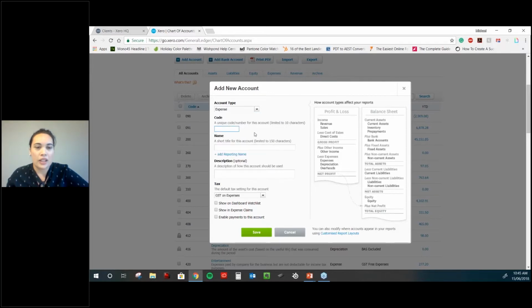expense. I need to pick a unique code now. If you've used MYOB before, mine would only allow for you to add accounts, for example, expenses had to start with a particular number. Income had to start with a 4 account. Expense had to start with a 6 account. With Xero, they're very unrestricted. You can pretty much make up any account code that you want, but I still try to slot it in